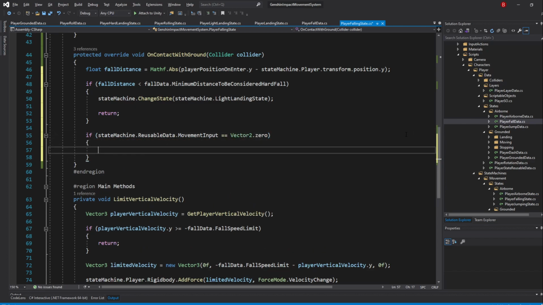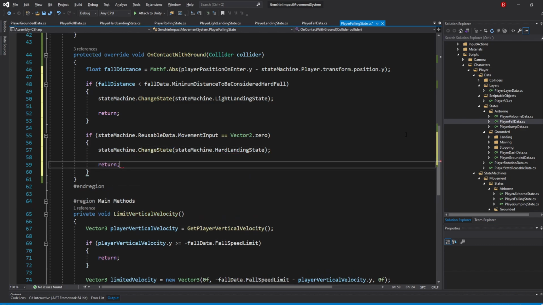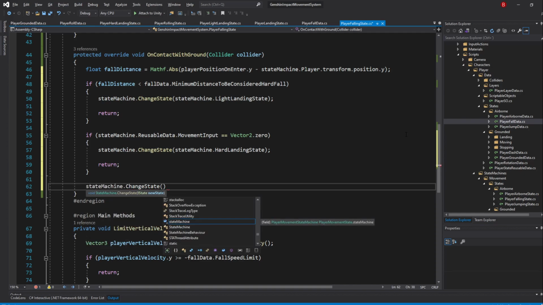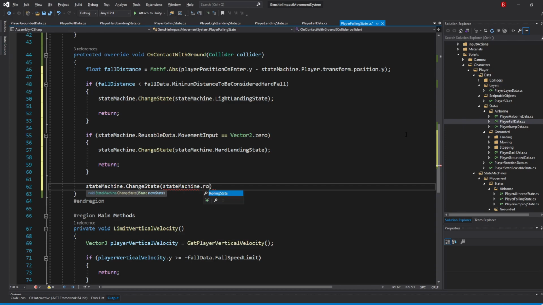Inside, we call stateMachine.ChangeState and pass in stateMachine.hardLandingState. We return right after as well. Otherwise, if we have movement, we'll transition to the rolling state by typing in stateMachine.ChangeState and pass in stateMachine.rollingState. And that's all we need for our transitions.